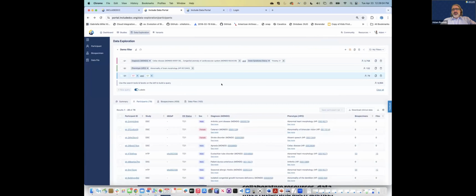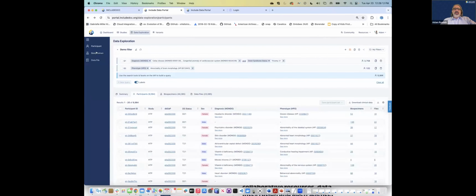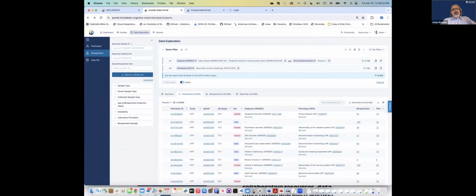So let me create a new query and go to the setting of, let me modify actually this query just to show you the modification process, and go to the biosample context feature sets. So in this setting, I can actually explore the biosample features directly from the faceted search. So here I can either search by specific sample IDs, collection IDs, or saved by specimen sets. Most people do not have the saved sample IDs or collection IDs until they get further along in their studies and are working with a particular cohort,